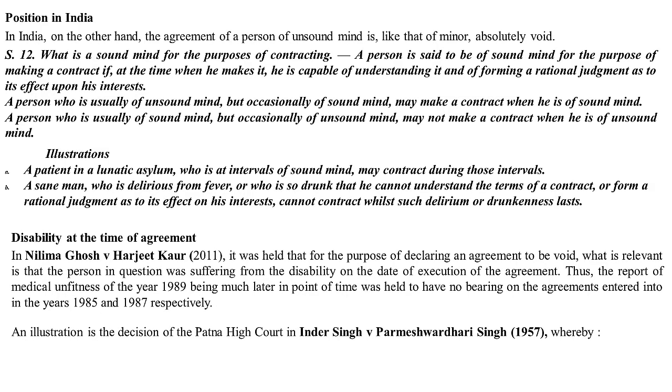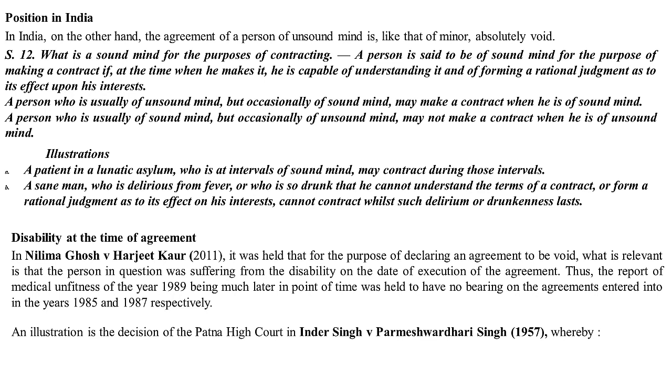But we must remember, students, the position in India is starkly different, because in India, the agreement of a person of unsound mind is like that of a minor, absolutely void. So section 12 says, what is a sound mind for the purposes of contracting? A person is said to be of sound mind for the purposes of making a contract if at the time when he makes it, he is capable of understanding it and of forming a rational judgment as to its effect